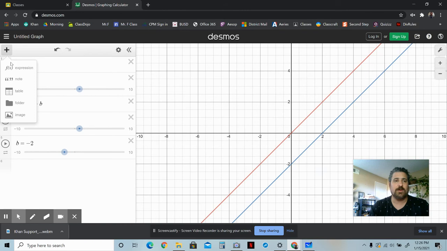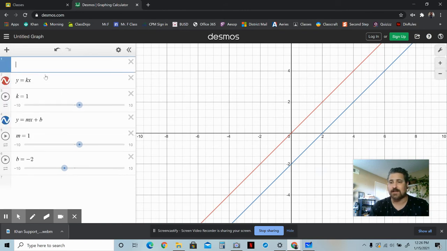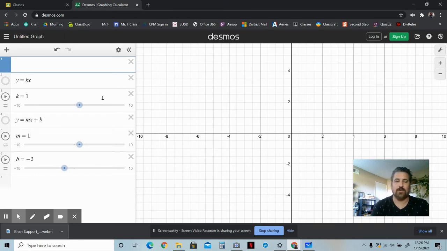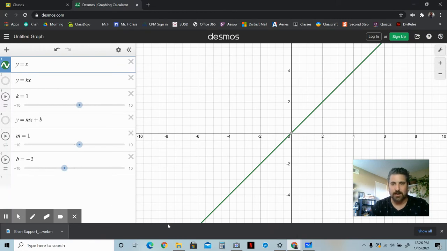Okay? Now, one of the ones that we're going to see most likely in our investigations is x squared functions. So let me kind of show you how they play out. I'm going to erase the 2 linear functions for a moment, just so we can start to play with the idea of what happens with x squared. So if you have y equals x squared, you can always add the exponent by